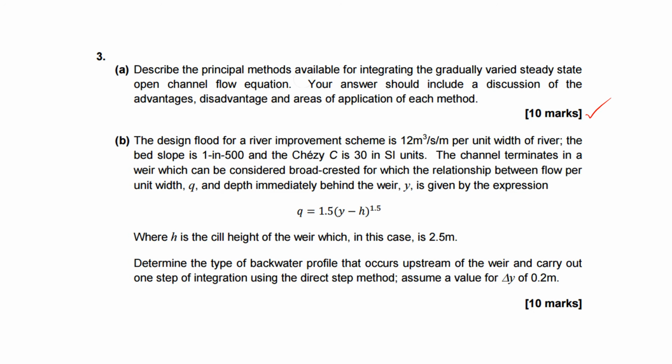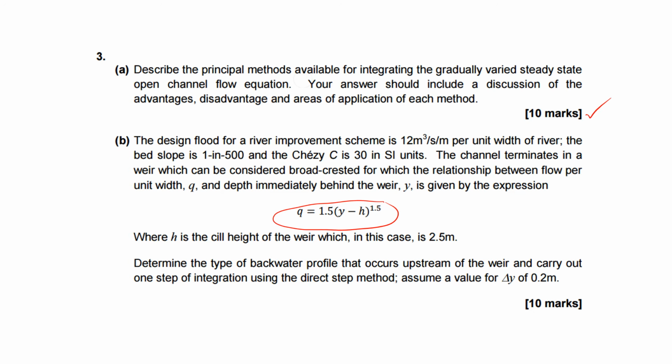So the question says the design flood for a river improvement scheme is 12 meters cubed per second per meter, so that's small q. The bed slope is 1 in 500. The Chezy C is 30, and then it says the channel terminates in a weir which can be considered broad crested, and for which the relationship between flow per unit width and depth behind the weir is given by this expression. So in the question it's giving you an expression for q,